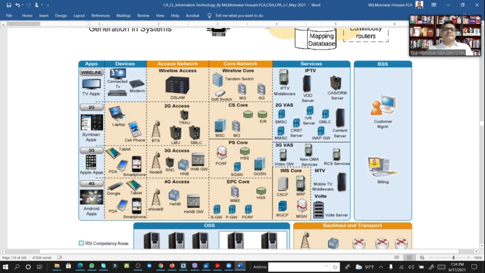So here the device is connected to the TV through the modem, and the access network is wireline access, and the core network is wireless core. For example, here soft switch, etc., switch gateway, etc., and a service provider IPTV, different types of services they are providing. So for the business support system, here we have the customer management, we have the billing system, we have the accounting system, we have the business process, all within the support of the business support system.